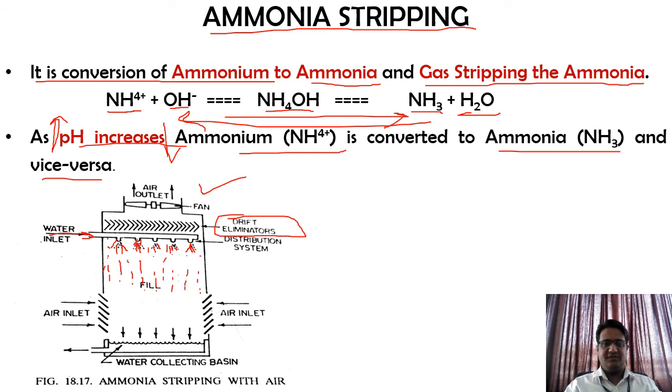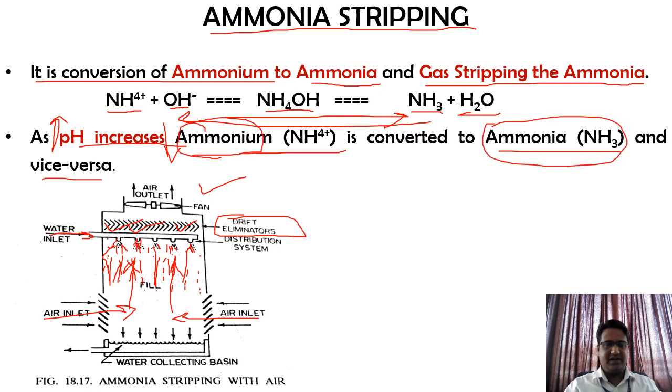If there is a wind difference, what will happen? The uniform distribution will not be there, because of which even your gas stripping efficiency will come down. That's why you have some kind of baffle walls over here. Apart from that, this is the air inlet. The air will come here and move in the upward direction, but the droplets are coming in the downward direction, and as it reacts with those droplets, the ammonium is being converted into ammonia gas.